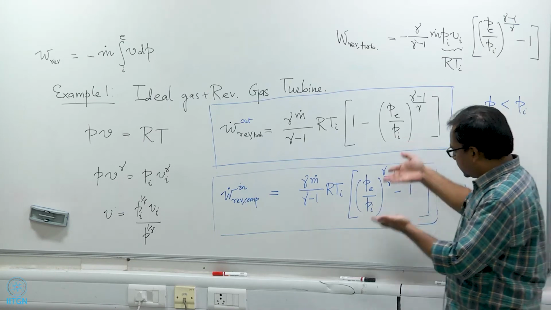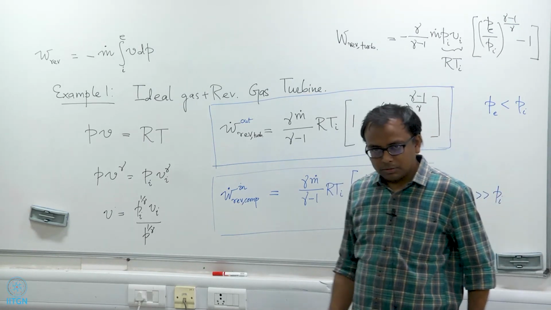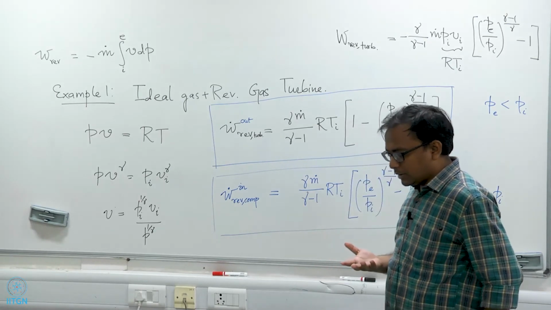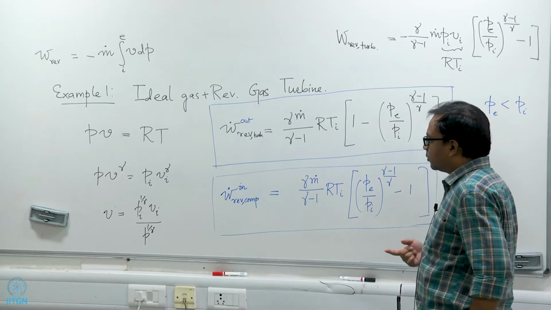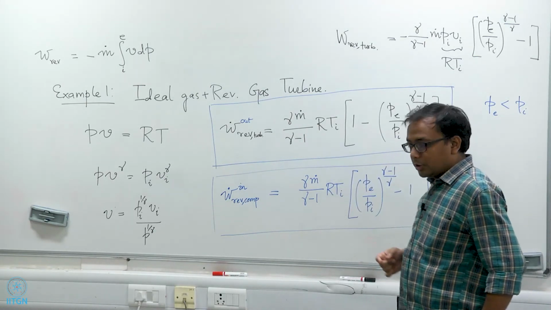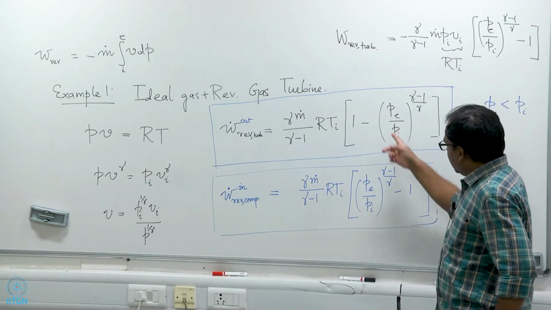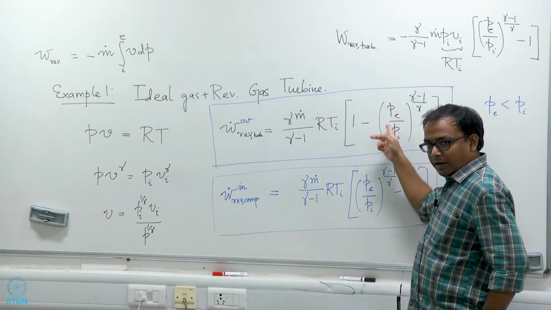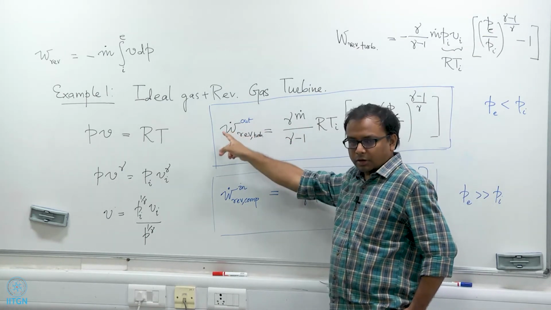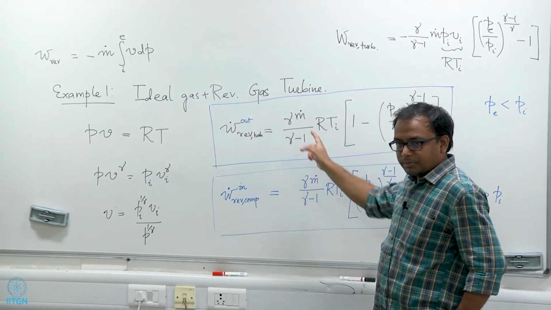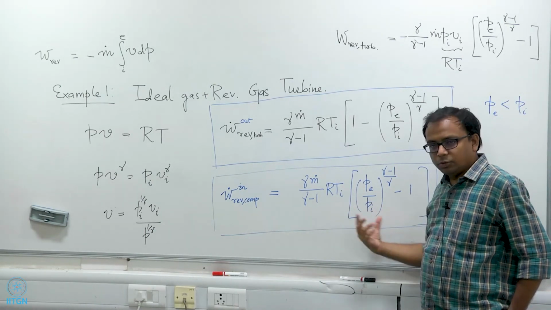So, what this relation tells us is that if a turbine is working in a reversible way, that means as an isentropic device with only one inlet and one outlet, and the working fluid is ideal gas with constant specific heats, then if the inlet and outlet conditions are specified, I can directly calculate the reversible work output from the turbine using this relation. The same analogous conclusion also applies to the compressor, where I have to use this relation.